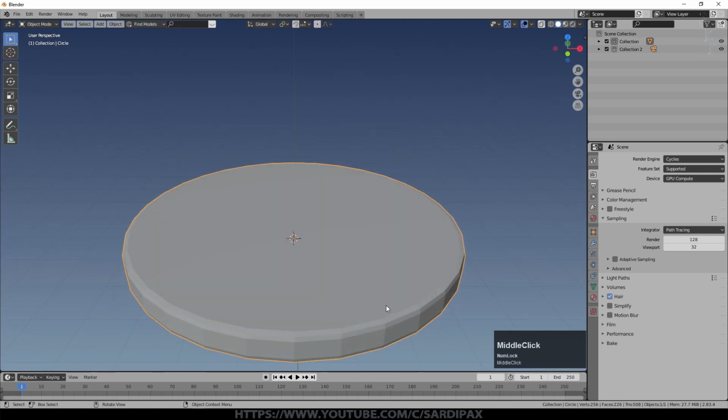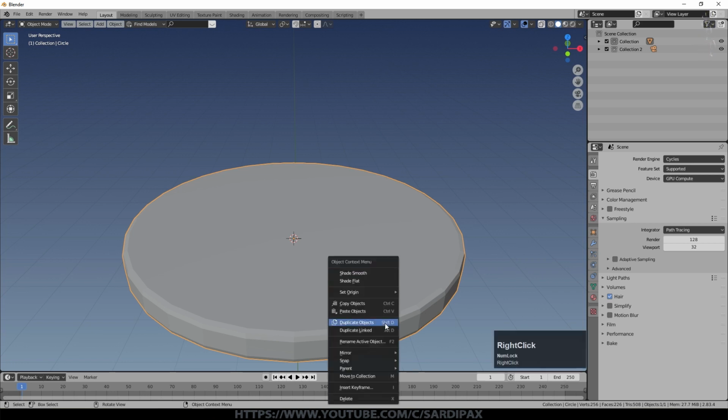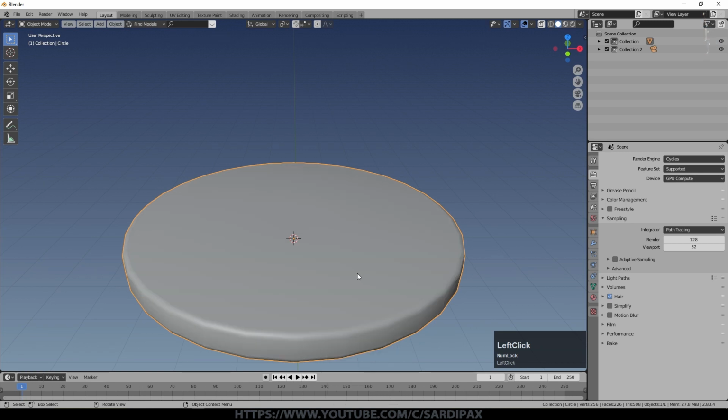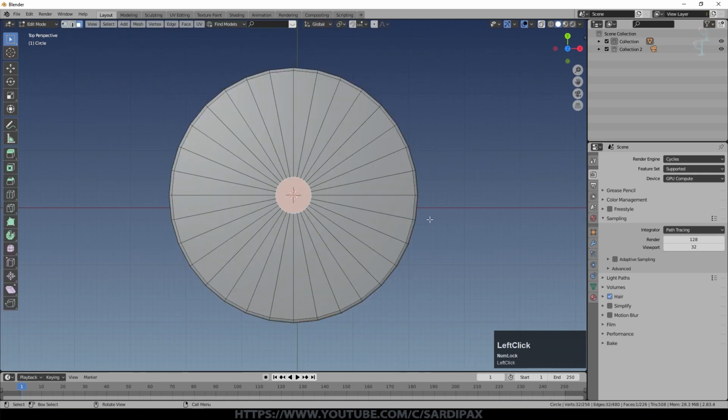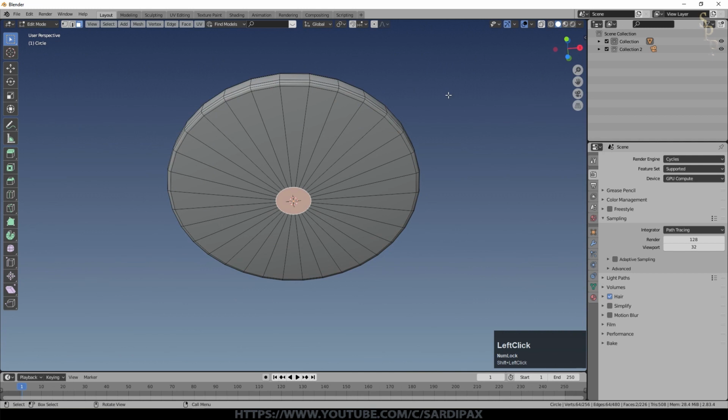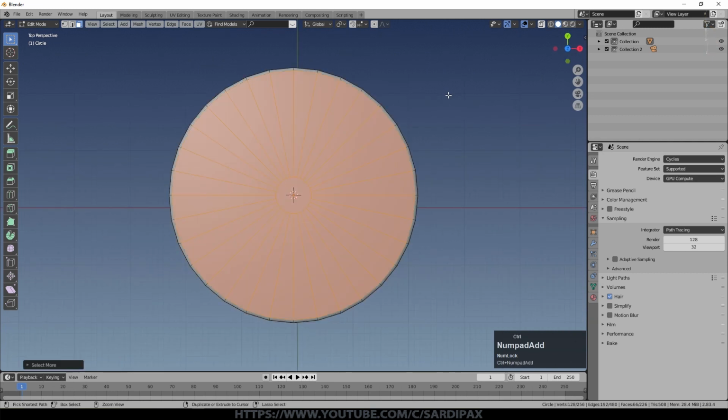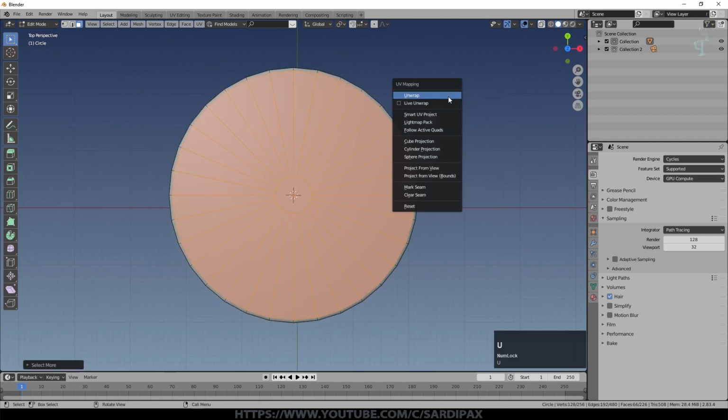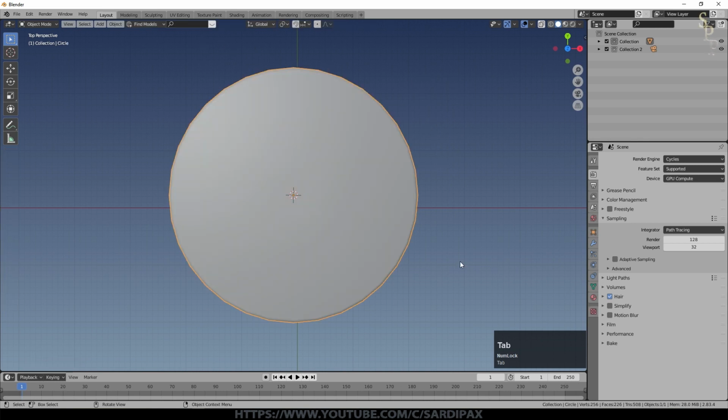And now if we have a look at that coin, we have currently 256 vertices. That's a big difference from the over 500,000 we had in the other, but of course it doesn't look anything like the other one at the moment. So we'll right click it and say shade smooth, and I'm going to select the two center faces there, Control plus, and just say U project from view. So I haven't unwrapped the edge.